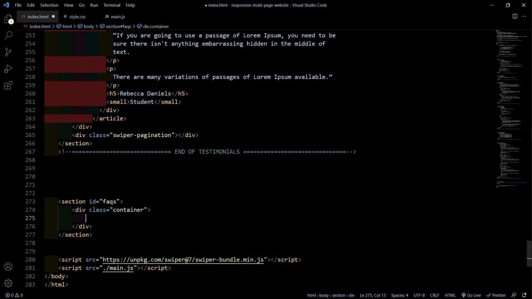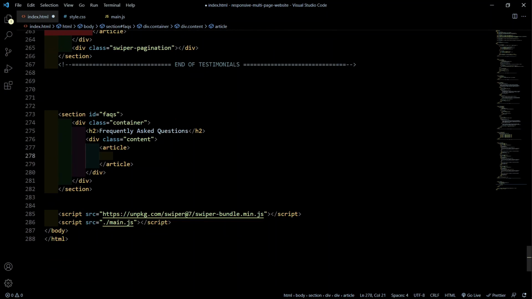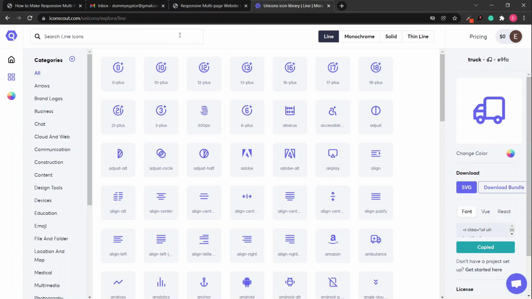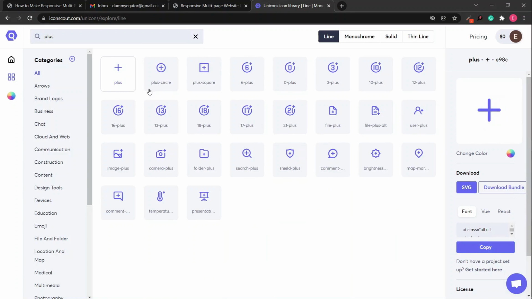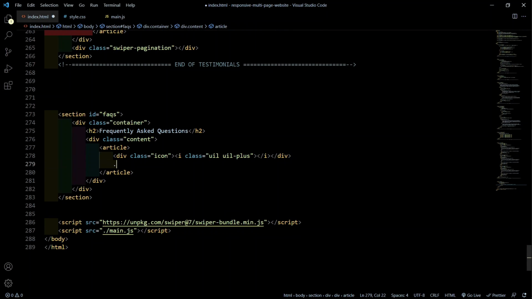Now inside of it we are going to have a div with a class of container, and we are going to have the h2, and we are going to have the content. Okay, each of the cards that we saw is going to be inside of an article tag, and inside of that article tag we are going to have the icon, so a div with a class of icon, and I'm going to grab that plus icon from Iconscout. Okay, so let's search plus, let's use this right here and then paste it in,